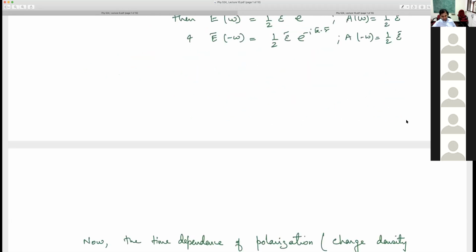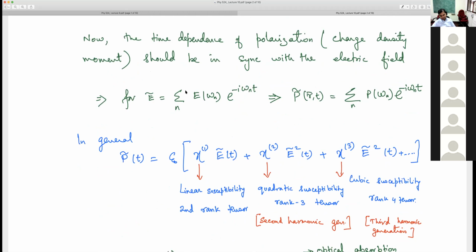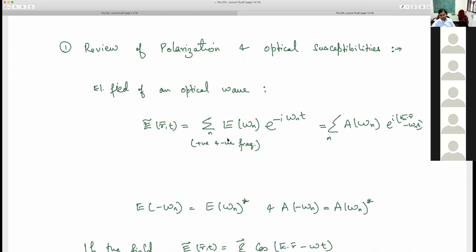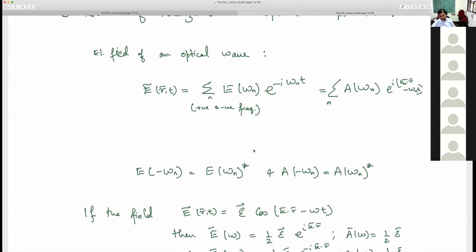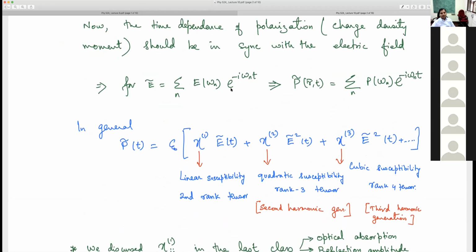Okay. And E of minus omega you can similarly show is given by this relation. So this is just to connect to some notation. If I use this notation, I will write the complex electric field, but it will be understood that I use the positive and negative frequencies both, basically. So the omega n sum includes both positive and negative frequencies. Then for a multiple frequency beam, I can write the fast oscillating electric field as a sum over n of E omega n times e to the power i omega n t. So this sum over n is of course for each frequency I'll have the minus of that frequency, plus I can have different frequencies of light incident in my experimental system.